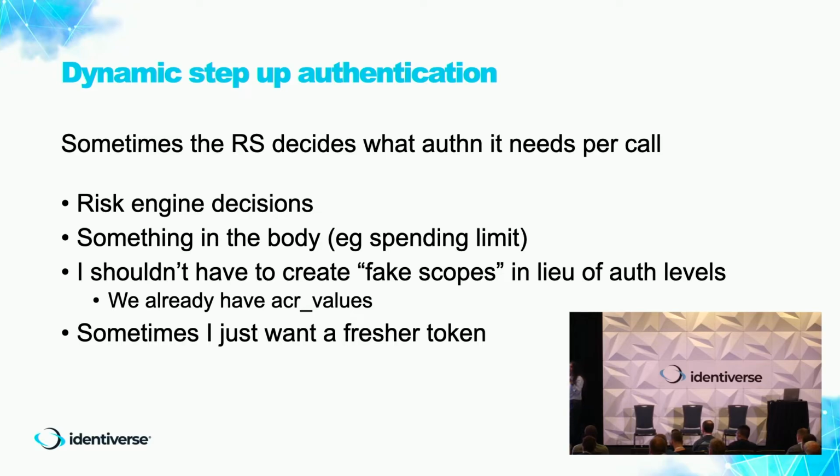But one, you don't have to. Remember that I mentioned earlier these ACR values? It's a claim, and it's a parameter that is already in the industry that a lot of people already support because it's OpenID Connect, so of course we already support it. So there's no point in creating those artificial scopes, one. Two, scopes might not be sufficient because sometimes the policy isn't "I want a different method", it's "I want a new token". And so you want to be able to express things like freshness. That leads us to